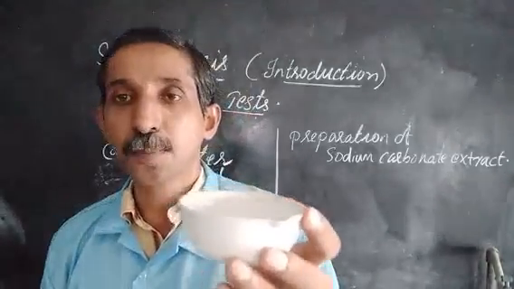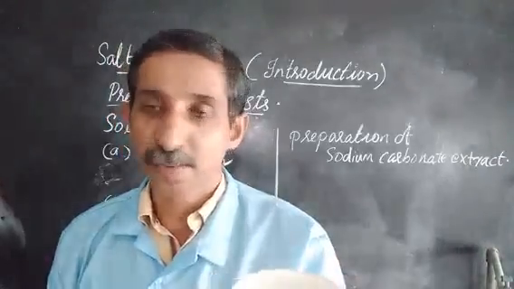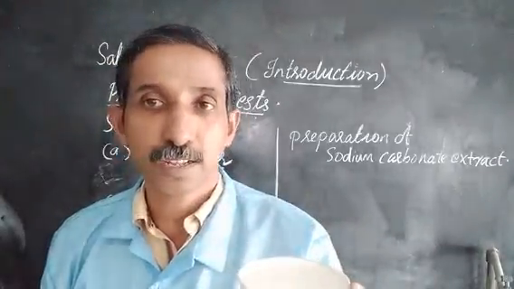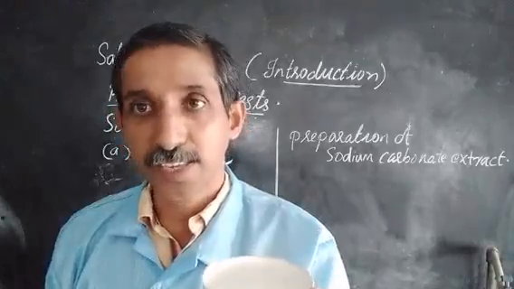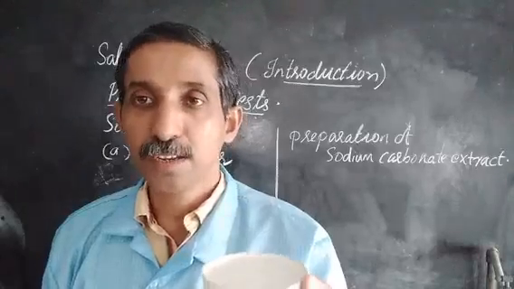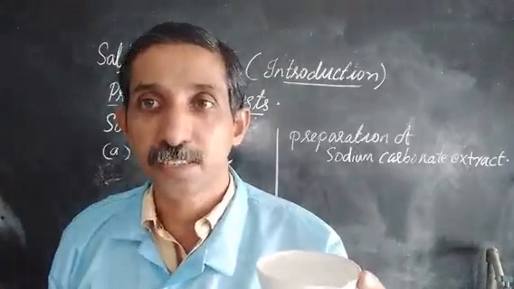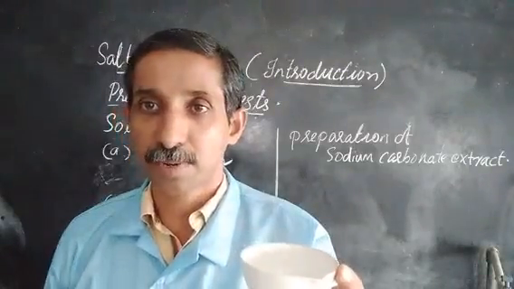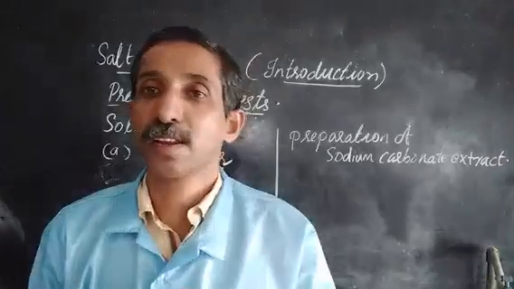Now you have taken water, sodium carbonate and salt. Now you are going to keep it for boiling. This will take around 10 to 15 minutes. That is the reason why this part is being done initially. Soon after noting the color and appearance, the next thing to be done is the preparation of sodium carbonate extract, as it takes some 15 to 20 minutes. So in order to save your time, meanwhile you will be doing other preliminary tests of the salt. That is the reason why sodium carbonate extract preparation is given the second priority soon after noting the color and appearance of the salt.